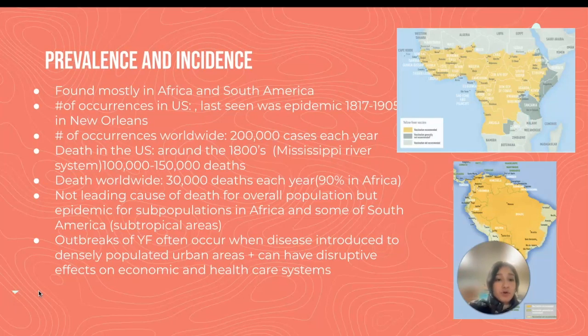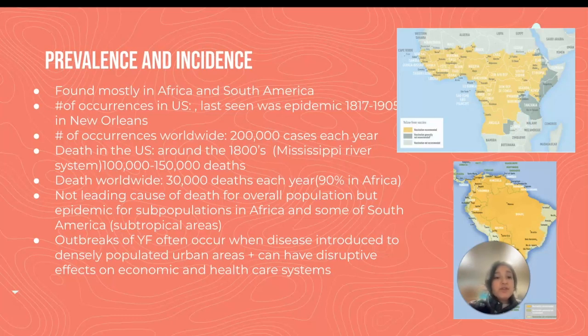Next, the number of occurrences worldwide are 200,000 cases each year, again in Africa and South America. Death in the United States: the last time we ever heard of death because of yellow fever was around the 1800s, around the Mississippi River system, which is New Orleans, Mobile, Savannah, and Charleston. Deaths ranged from 100,000 to 150 deaths, and deaths worldwide are about 30,000 deaths per year, again 90% being in